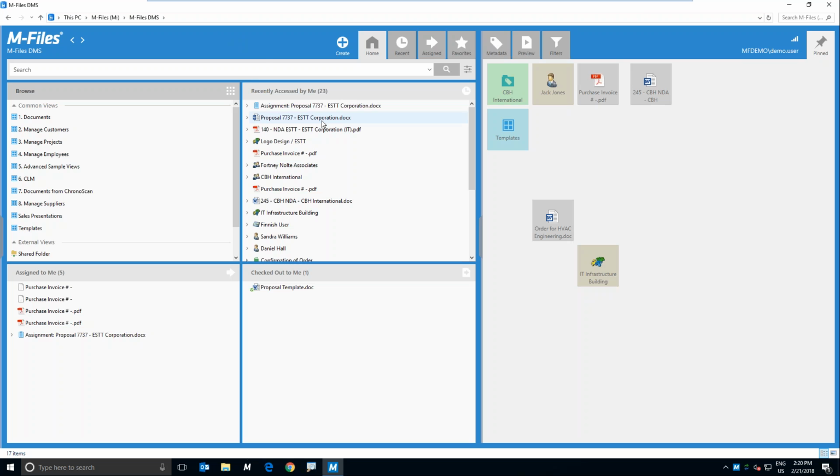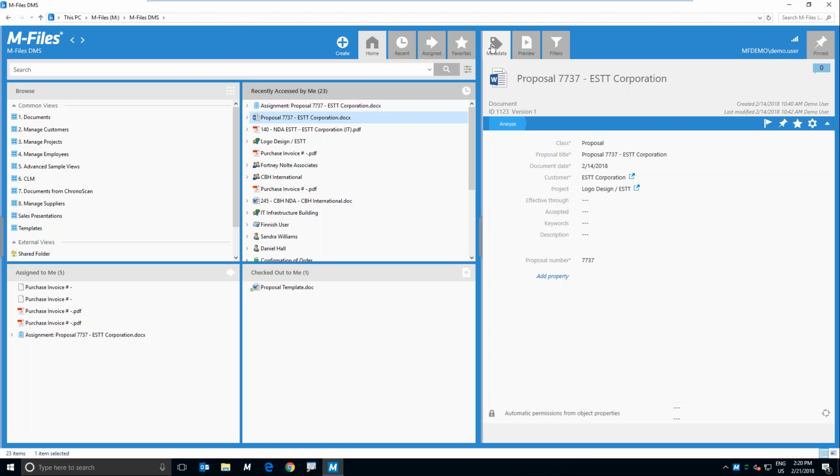Up top here, you're also going to see your metadata card. The metadata card is really the key throughout M-Files. Metadata is just describing what it is you're looking at. It could be a document, it could be customer information, it could be a project. And here, this card will describe what it is and associate these properties with other things in the system with the same properties. So for example, because ESTT Corporation is tagged with metadata on this metadata card, when you look up customer ESTT Corporation, and you can do that by clicking on one of these boxes,